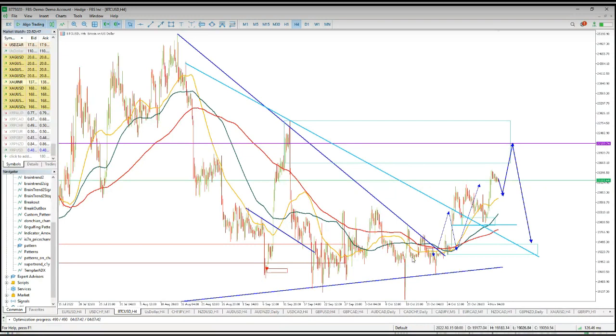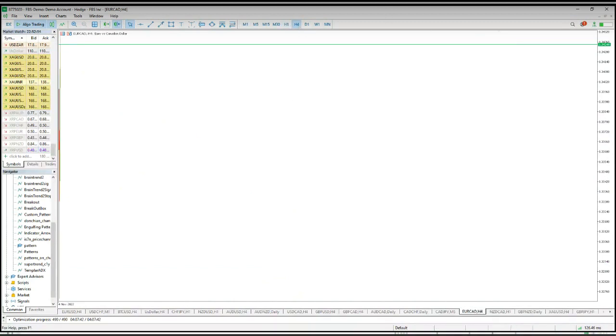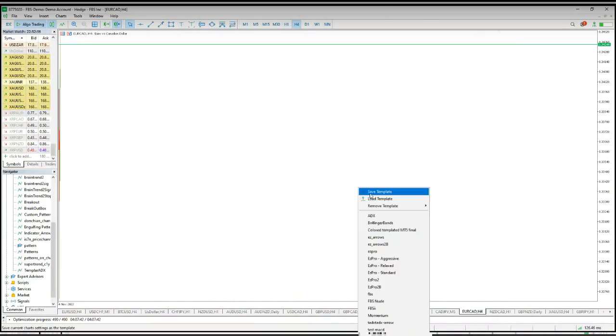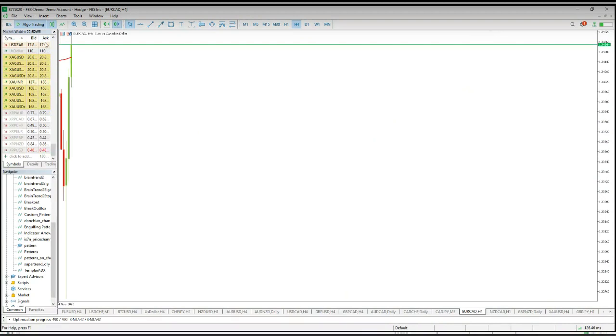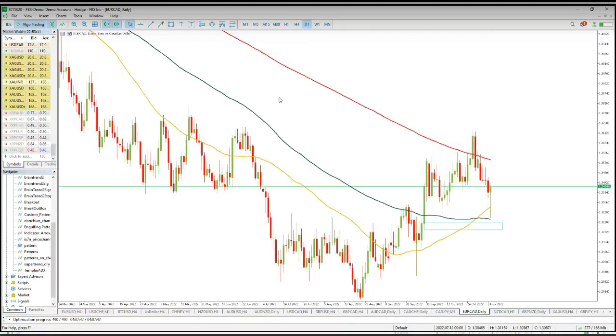EURUSD. Do I have EURUSD open on the chart? Yes, I do. Daily time frame, interesting. Skittles, US 500,